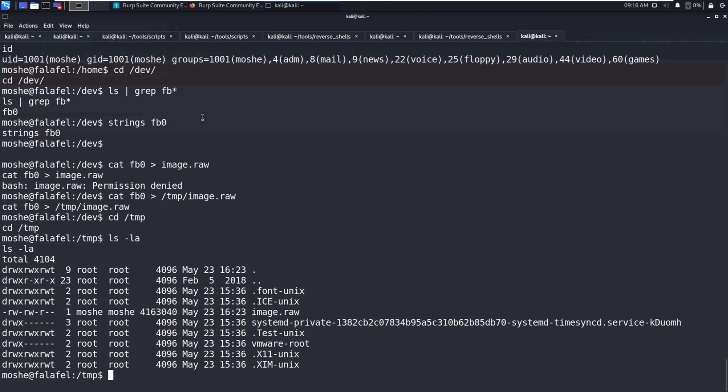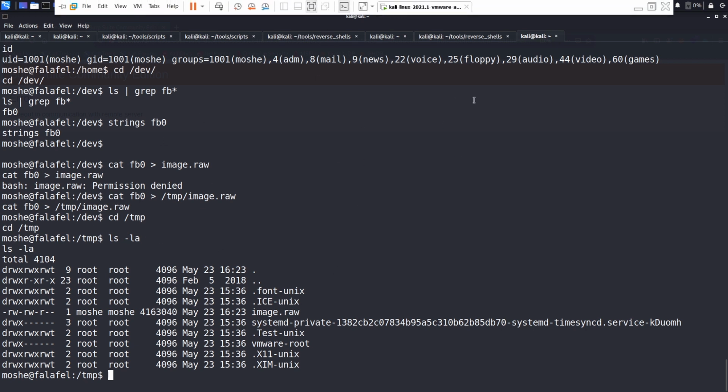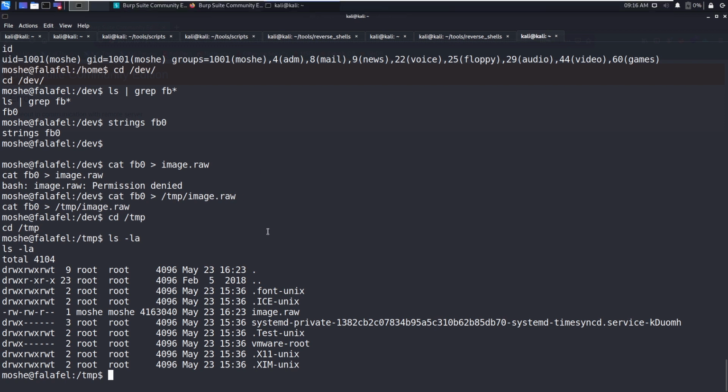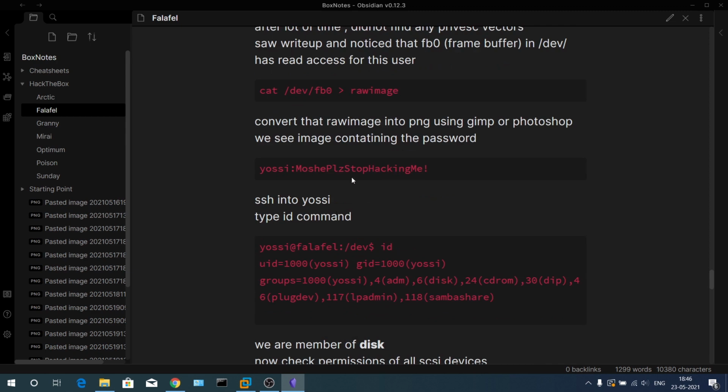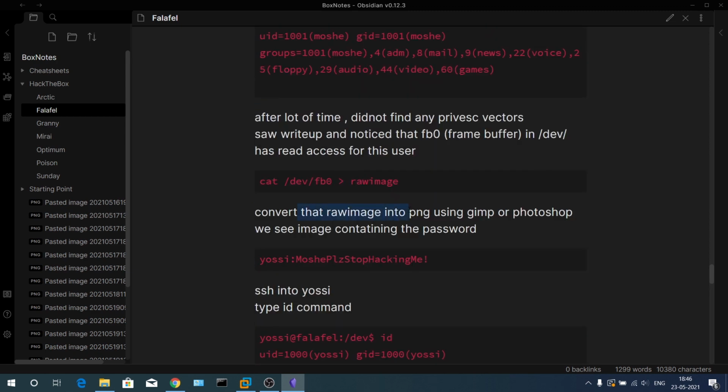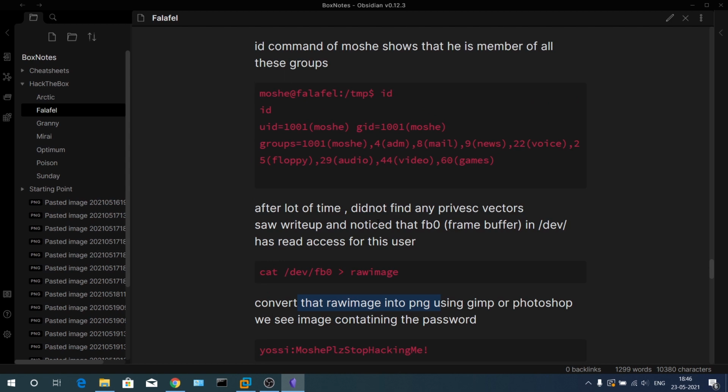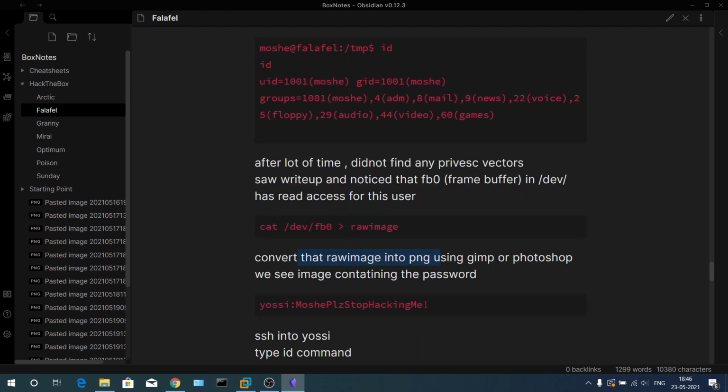So what you can do is open this in GIMP editor or Photoshop. I do not have GIMP or Photoshop, as I have recently formatted the computer, but there are raw loaders in GIMP and Photoshop, so you can use those to load this image. After loading the image, you will get the password like this. There will be an image of logging in as the user, changing the UOC user's password, and that image will be as a screenshot. So this is the password for the UOC user.